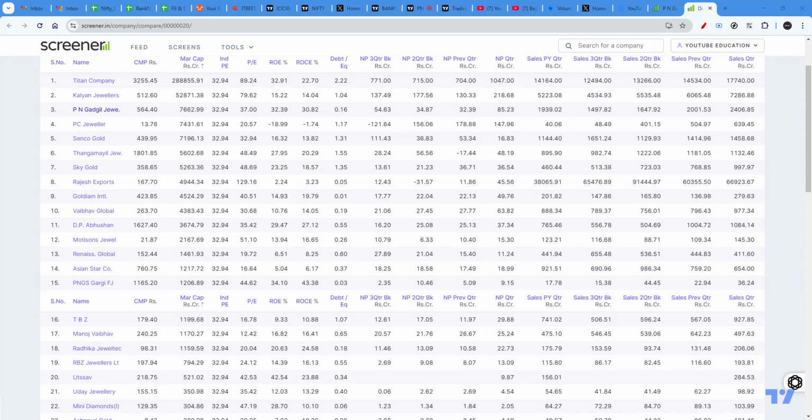Of which, if we see, we don't have a lot of numbers for the last one, so we can ignore this. All right, and even the market cap is less than 1,000 crore. So it's a small company, so we can ignore using the market cap as well as other filters. Now we are left with three companies, and in these three companies is something that you would like to put